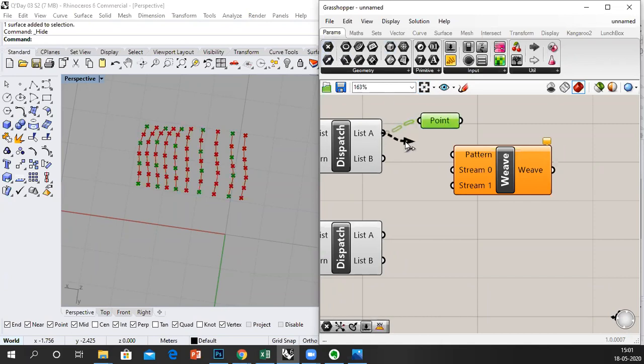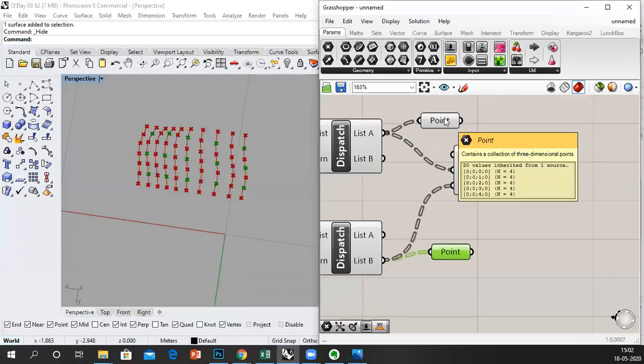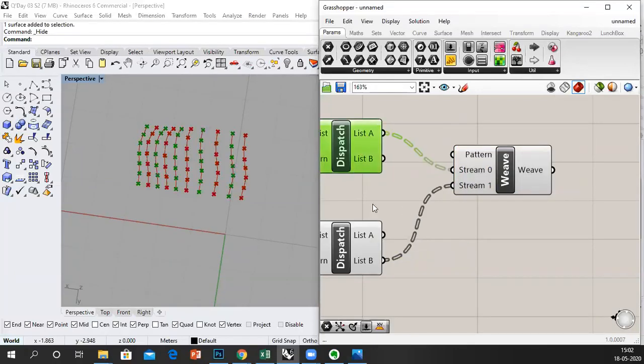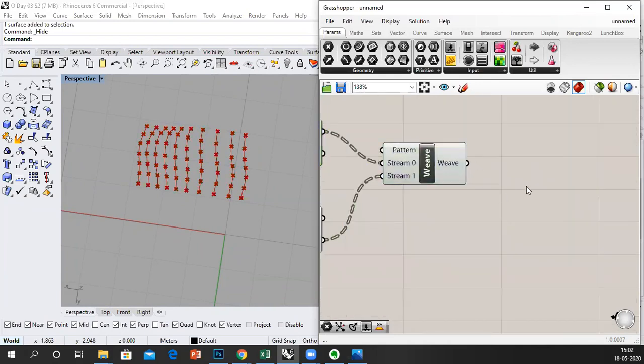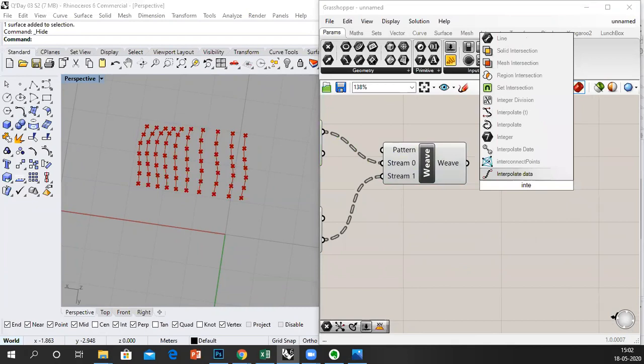If I take these points, next I need to take the lower end. This is one set. This is the alternative next. So I'm going to plug this in. What weave does is, without joining this list under that list, according to the orientation index of each object, it keeps inserting the small sublists inside one big list. So it becomes one proper list. Now I can do an interpolate.